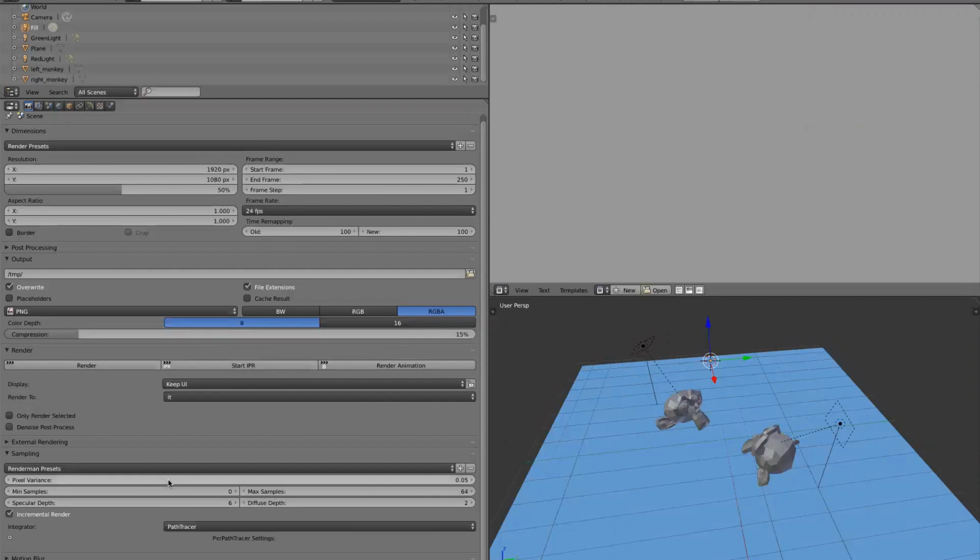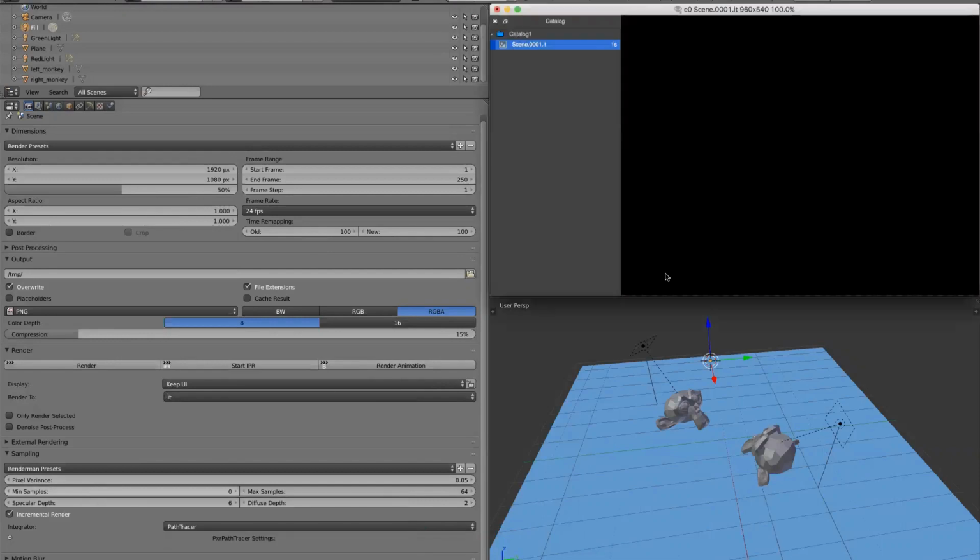The one that's really interesting and different is there's an adaptive sampler in Renderman, and you can set the variance for that adaptive sampler. I'll hit render so we can see it again. What that means is it starts out with the min number of samples, so we'll do 0 samples per pixel, and then up to max samples. Here the max samples was 64, but it's going to start out with 0 samples and keep adding pixel